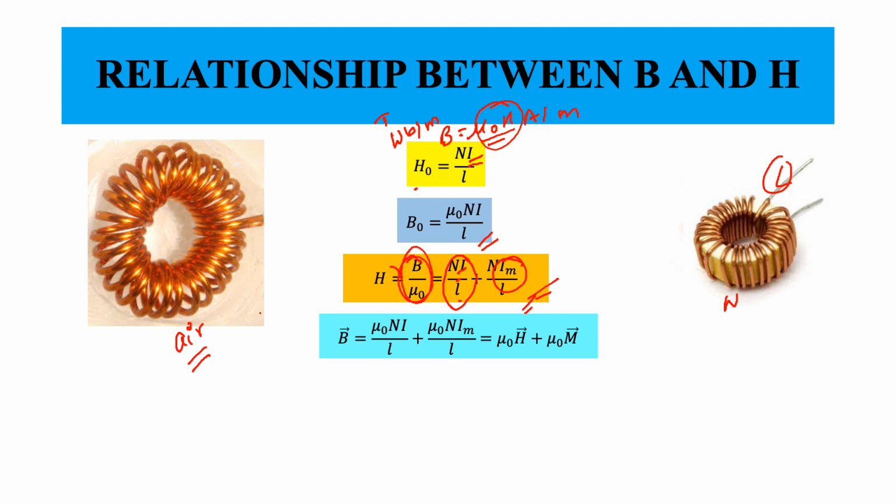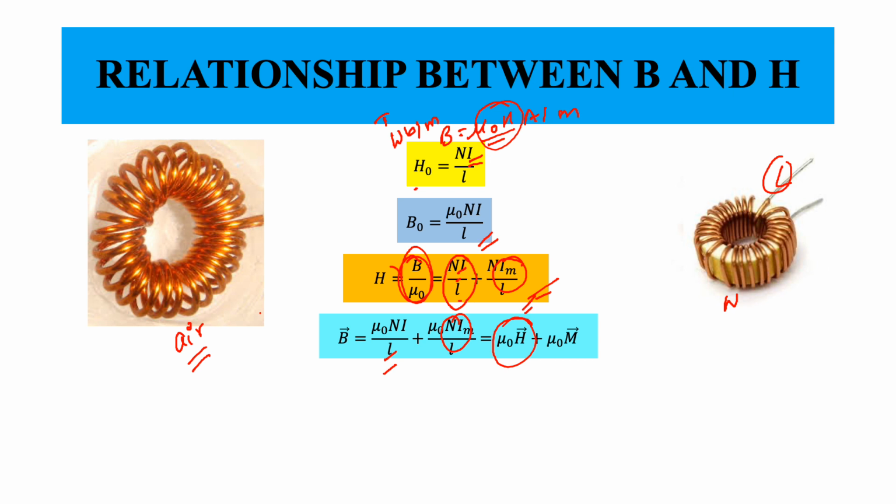So we assume that H and B are still characterized by mu naught. Of course, we will find that this is not exactly the same H naught and B naught. H and B by mu naught, and this particular expression gives you B as mu naught N i by L. No surprise here, but you will get mu naught N i m by L. So now B and H must be related in a way that mu naught N i by L is mu naught H, and we have already seen that it is equal to the H field.